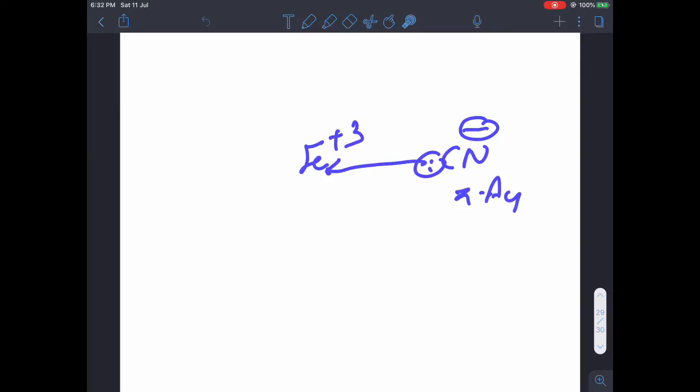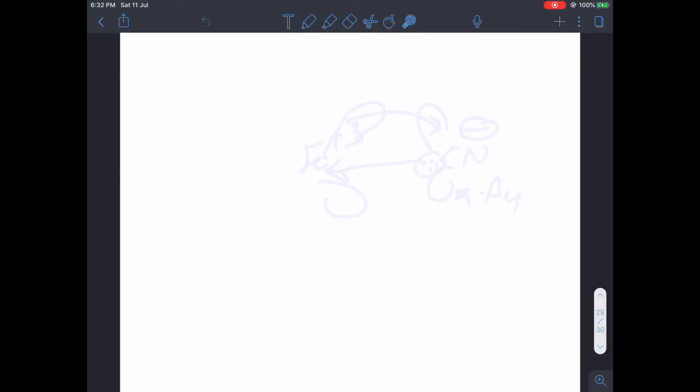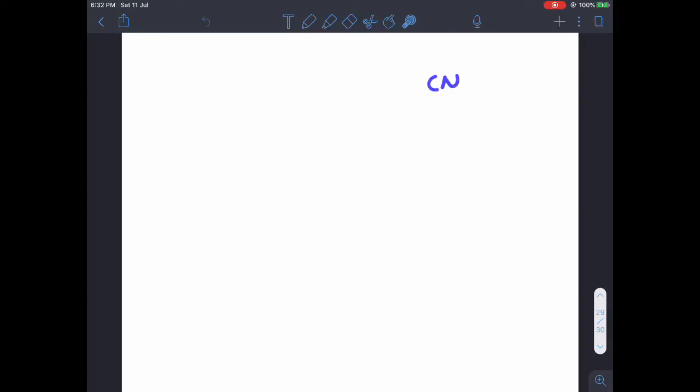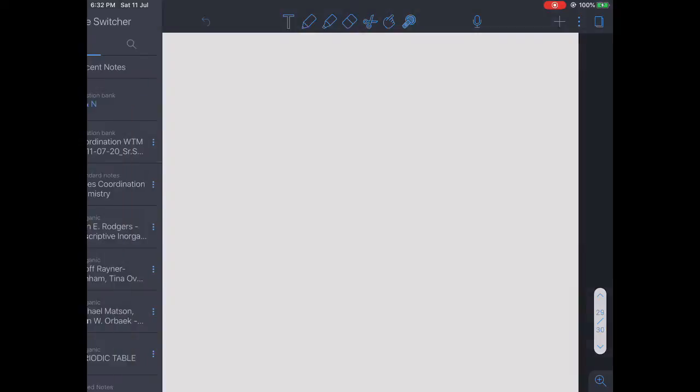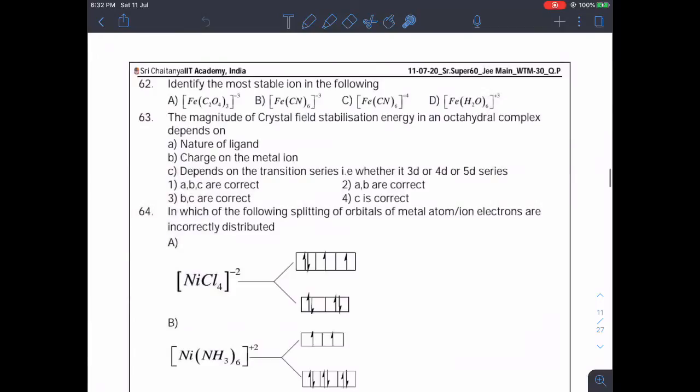And those who are not aware, cyanide is a pi acid ligand. That means it forms a double bond. It donates, and at the same time it accepts in its pi orbital. But anyway, let us not go into that, and let us make it simple by saying that we have to follow the order of the ligand. So, the ligand order incorporates every single factor inside it. Okay. So, obviously out of these 3, this one is best.